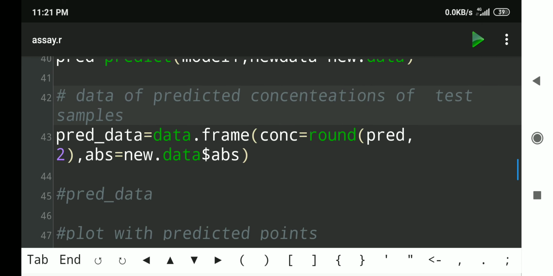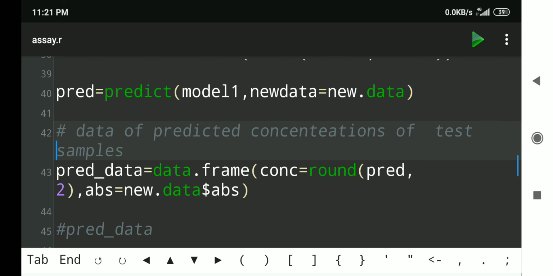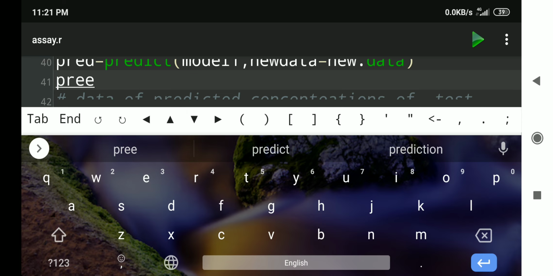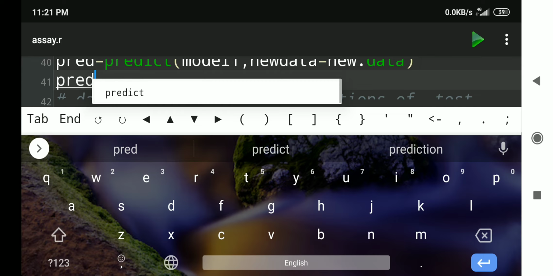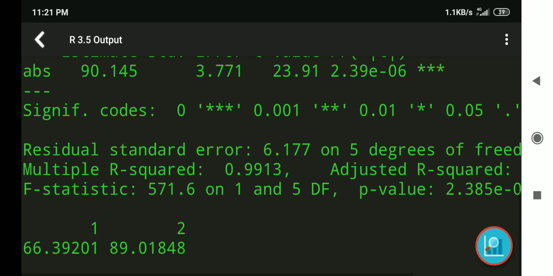We will store that unknown into a data frame, that is predicted data is equal to data.frame, where we round the concentration calculated by the prediction. Here we will see the predicted. Actually I forgot to show that. These are the predicted values.